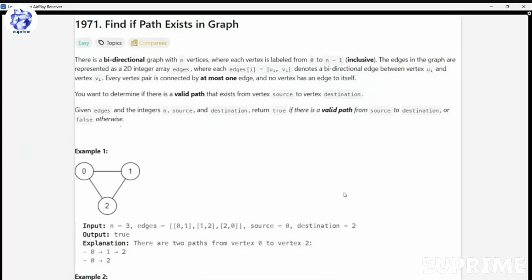Hello everyone. Let's solve the Leetcode problem: Find if Path Exists in Graph. The question number is 1971. There's a bidirectional graph with n vertices where each vertex is labeled from 0 to n